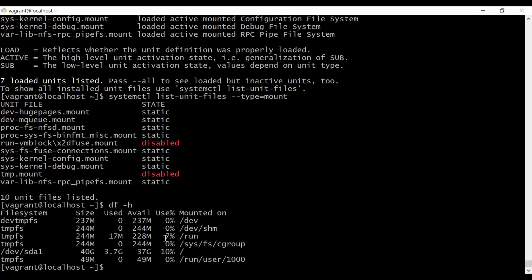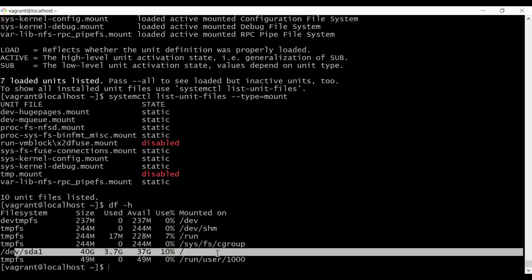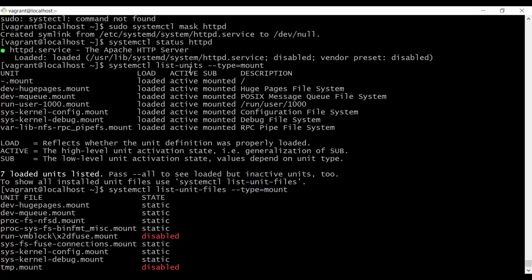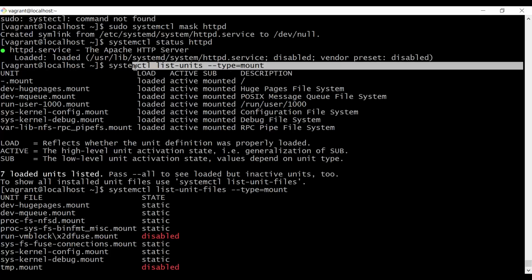Yeah, these are all the mount points, some mount points temporarily created, and this is the one from the main device which has been created. Now you see this here in the systemctl list-units with type mount. This command,